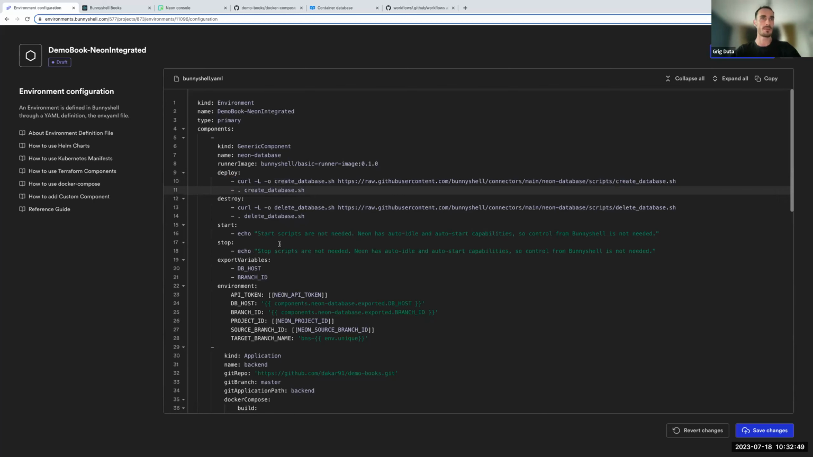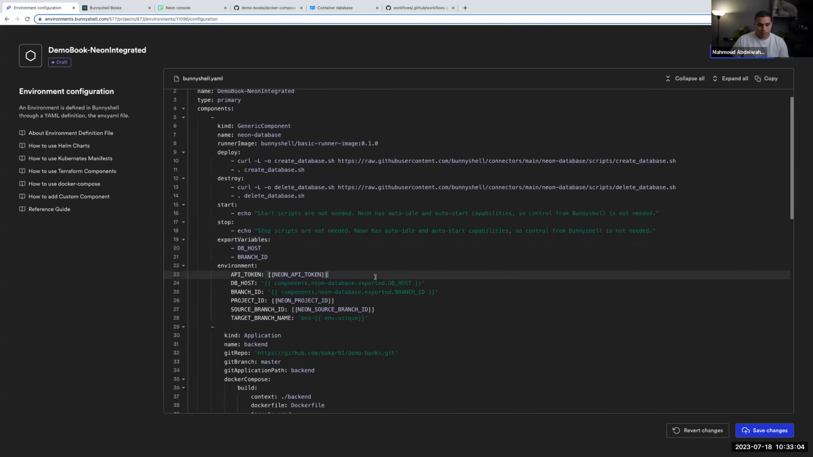And start and stop doesn't have to do anything because one of the cool things about Neon is that it has the idle, auto idle, and auto start capabilities. If you don't use it, you don't pay for it. Am I correct? Yeah, awesome. So what we're gonna do now, we're gonna replace this Neon API token, Neon project ID, and